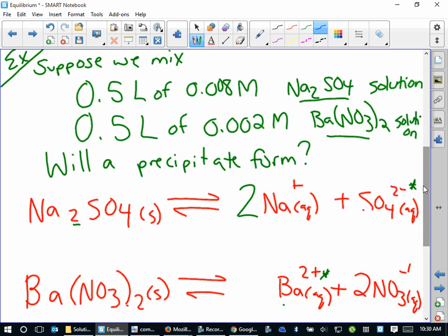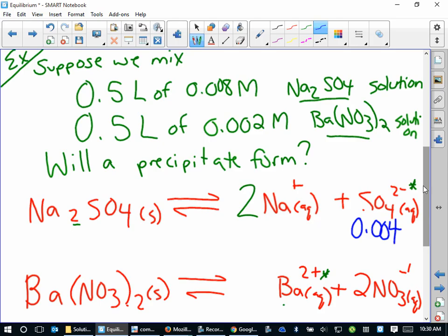It had 0.008 moles per liter when it was half a liter. But now we have 1 full liter. So its concentration just got diluted. There's twice as much solution, twice as much water, but there's still just that many moles. So this actually goes in half,